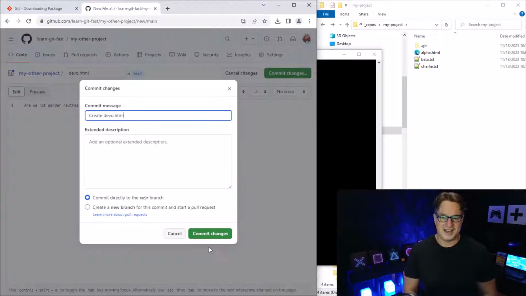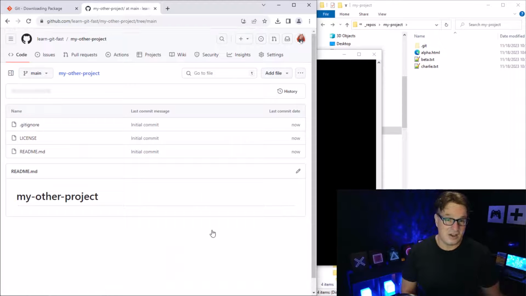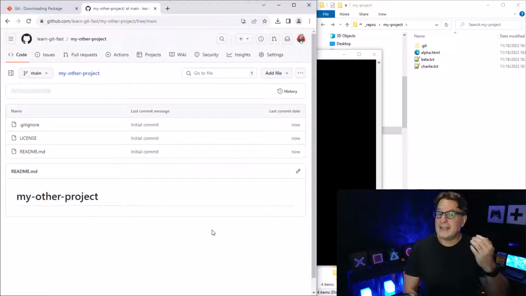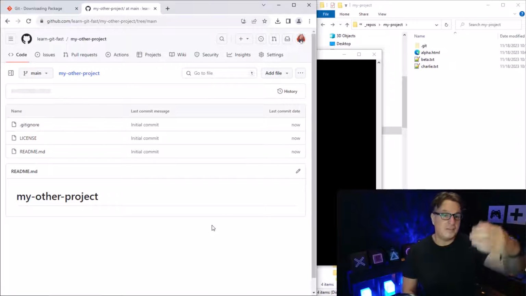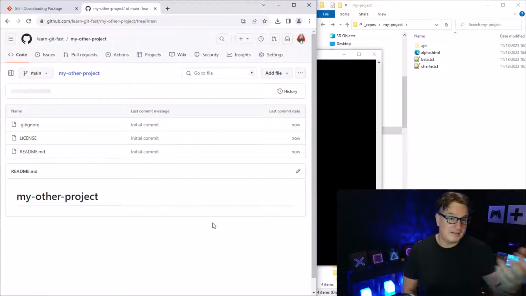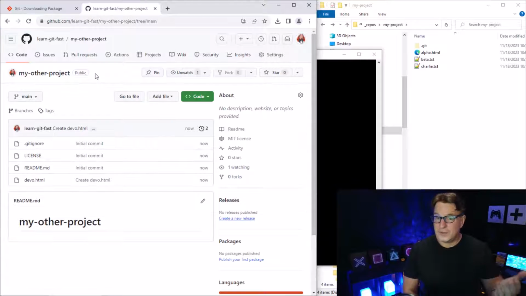Let's commit that change. Do the commit. And so there you go. That is now creating a commit up on GitHub. We created a repository on GitHub, added a few files when we created it, even added a commit to that file. Now, if you're going to be working with Git, you want the code to come down to your local